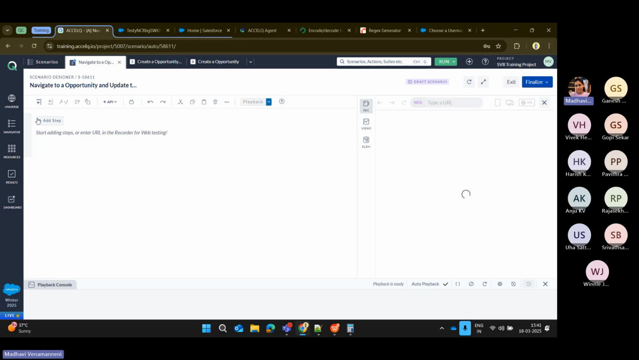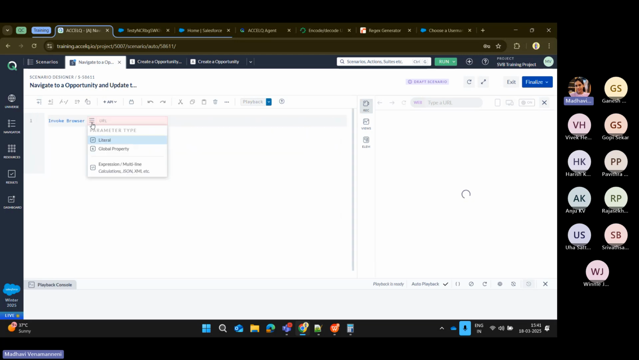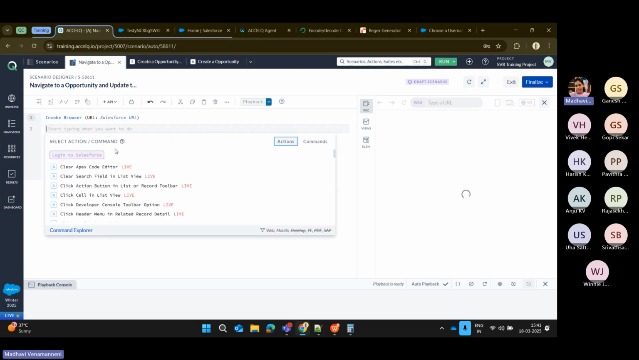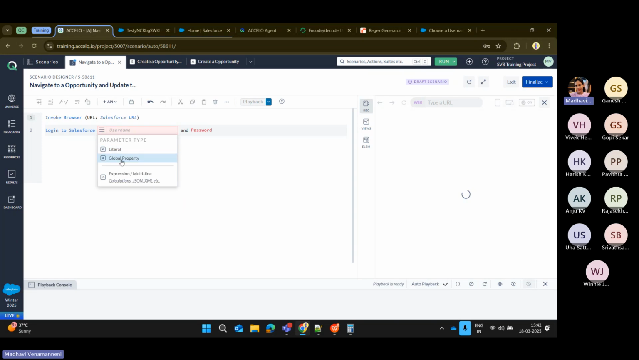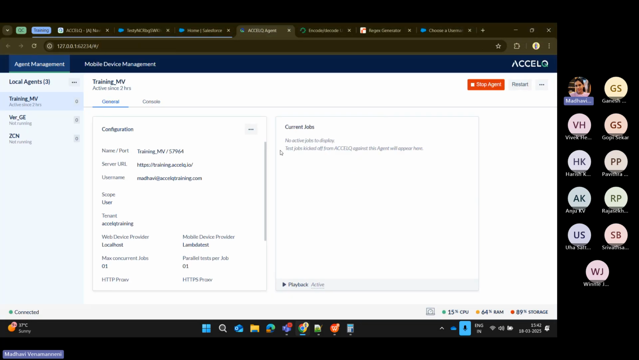And this time what I'm going to do is I'm just going to say invoke browser. And from here, I'm going to select the global property, which is Salesforce URL. And the same I'm also going to do for login: global property username, and then global property password. And I'll also use